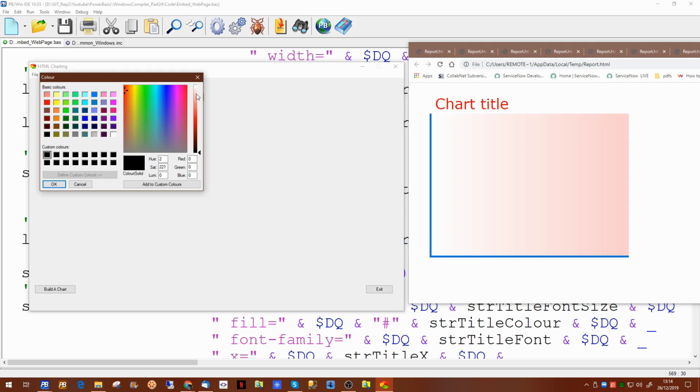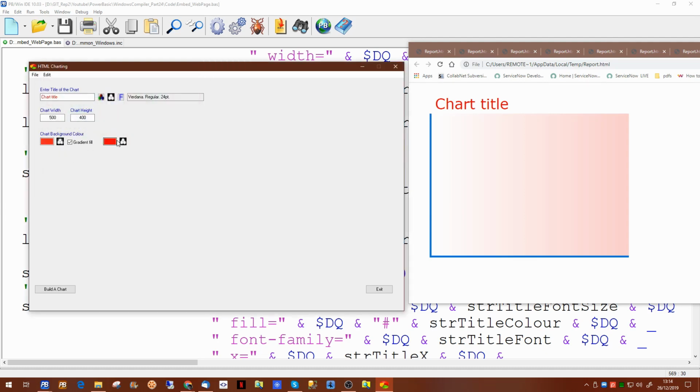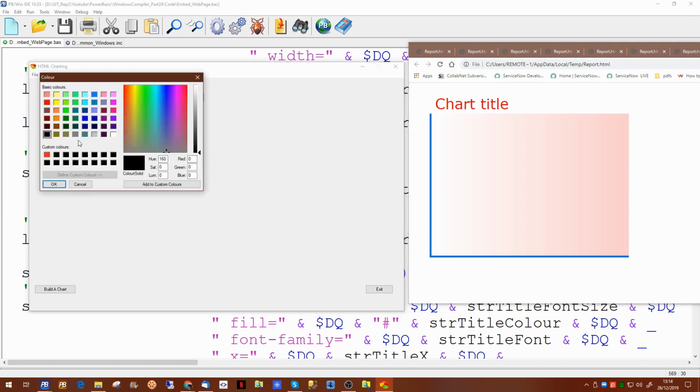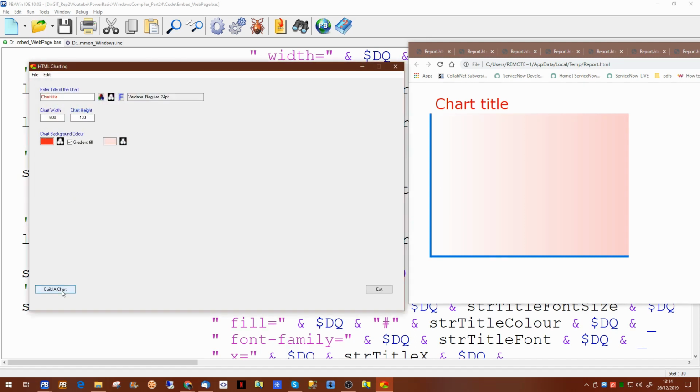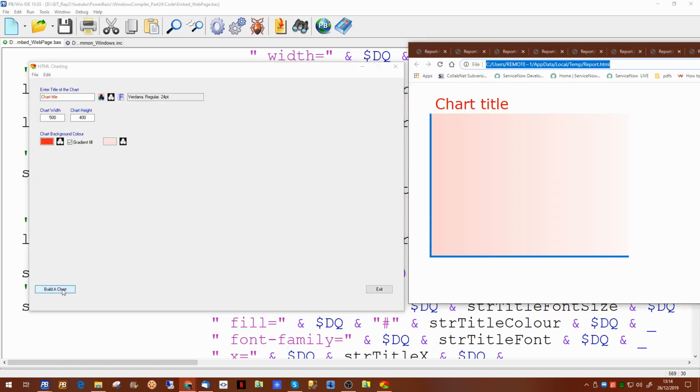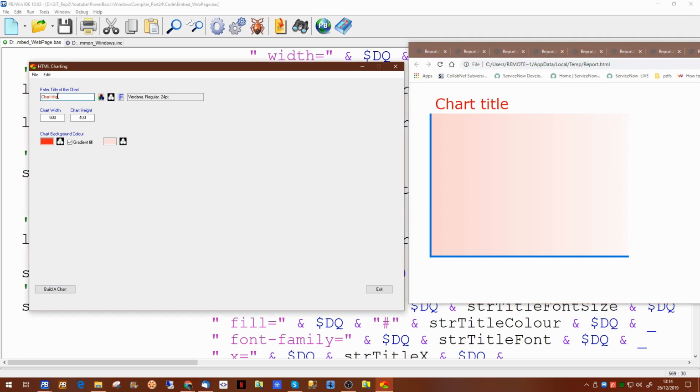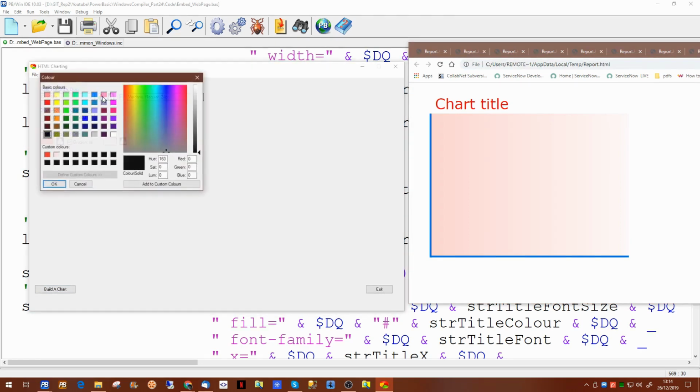We'll go from a fairly dark red, and we'll want to go to another custom color, and we'll go to a very faint red, and then build a chart, and then the gradient goes the opposite way. So there we're picking the values from the screen. We've got the chart title in color. We can quite happily change the color to any color we wish,